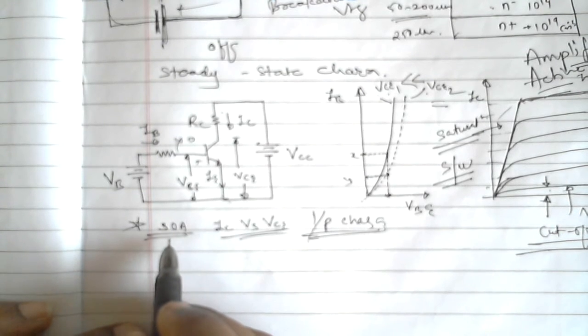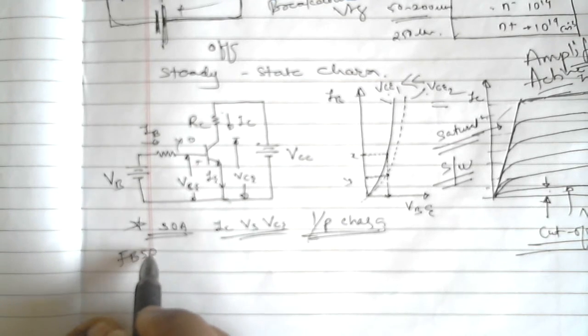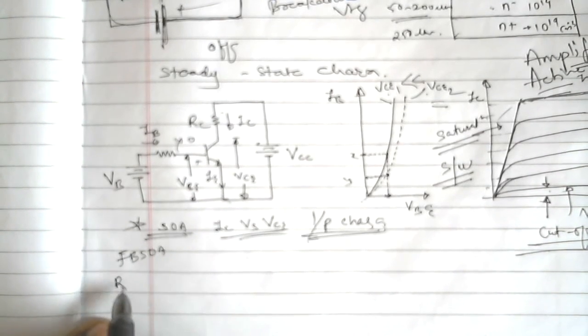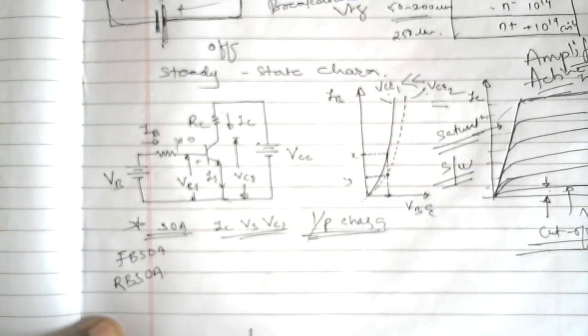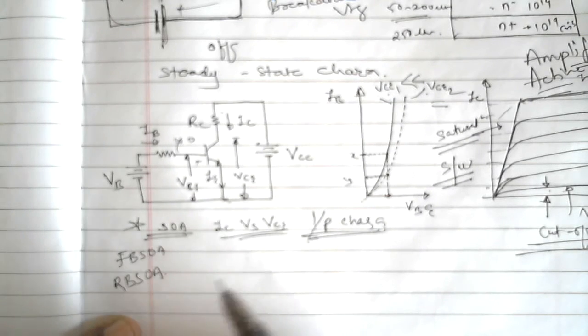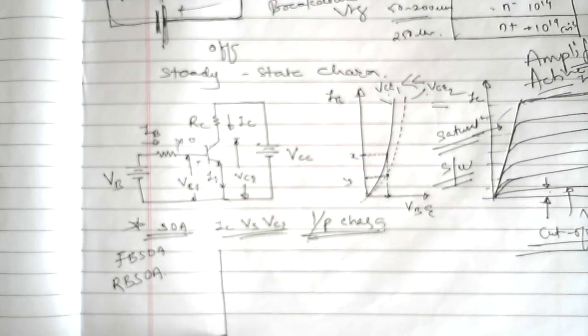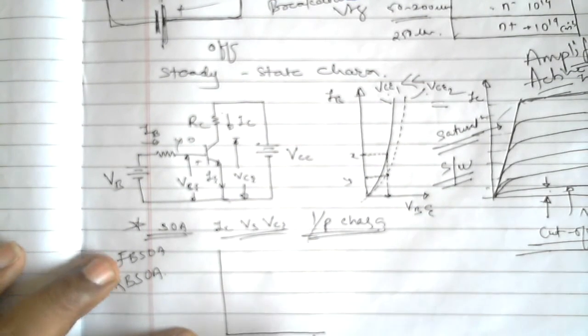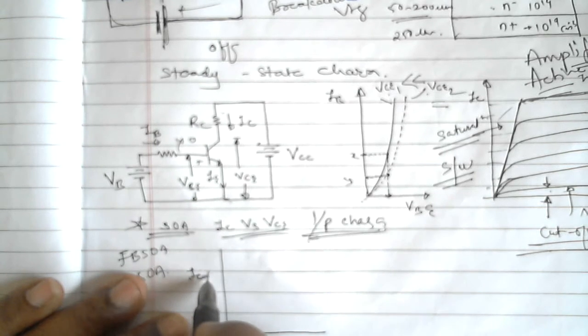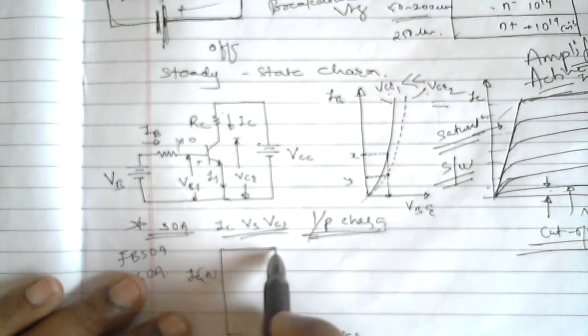Now this safe operating area is generally divided into two types. One is called the forward bias safe operating area, and the other is the reverse bias safe operating area. Forward bias safe operating area, FBSOA, pertains to transistor operation when the base emitter junction is forward biased, or when it is turned on. Now I will show you a safe operating area. This is the collector current IC in amperes, and this is the collector emitter voltage.